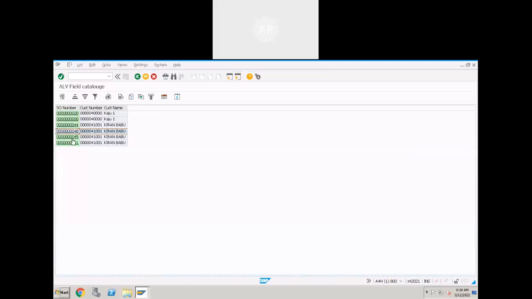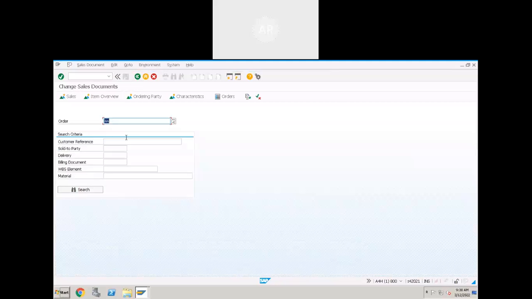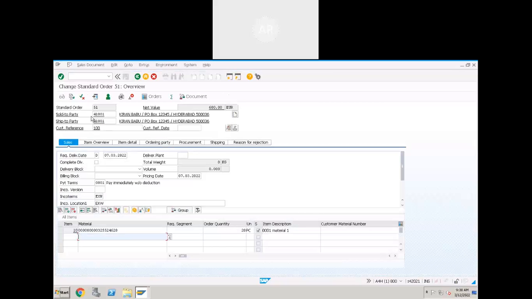I clicked on 45, but it's not opening sales order number 45 directly. If I click on 51, it should directly open sales order number 51. That is, it should directly open this screen. I am expecting this screen.